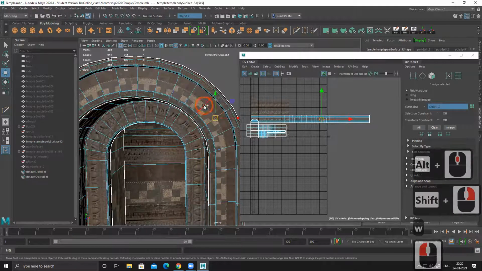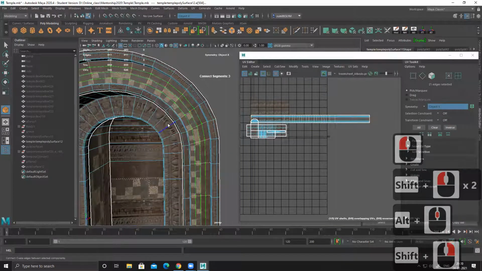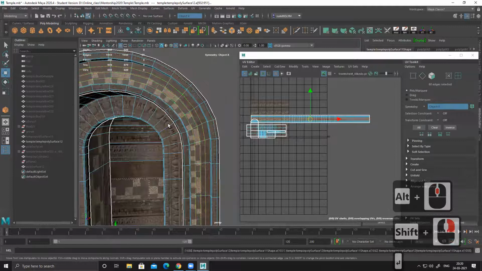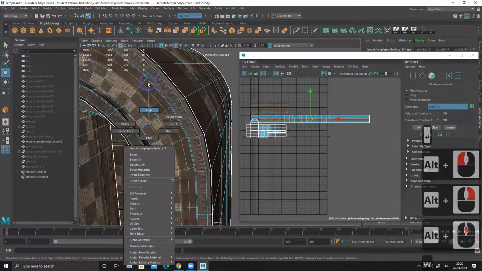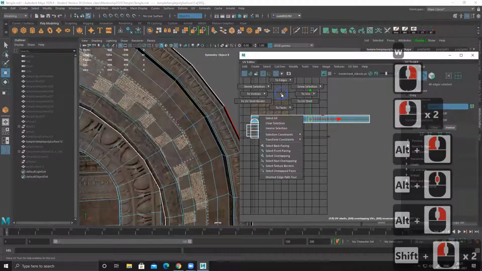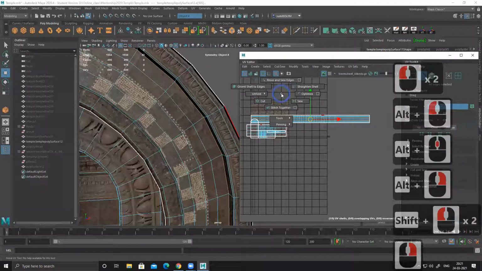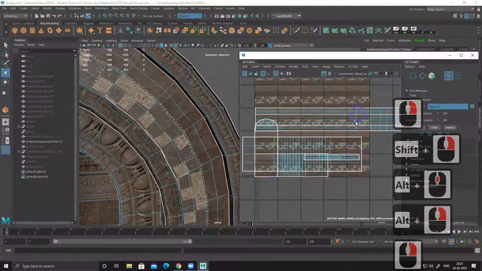So let's see, ring, connect component. So 2 to 3 loops I have to add to balance it out. And cut this part, cut it and make it separate.